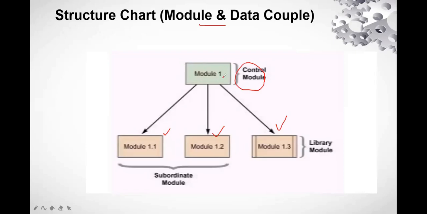Because it has the main branch line with the help of which it is subdivided into subordinate modules, and these modules are called the subordinate modules, right? Because they are decomposed from this particular control module. That means the control of these 2 modules can be invoked from here. Next, we have the library module. This 1.3, as I told you, is how we represent the library module, a rectangular box with a double line at the ends. So this library module is a reusable module, first of all.